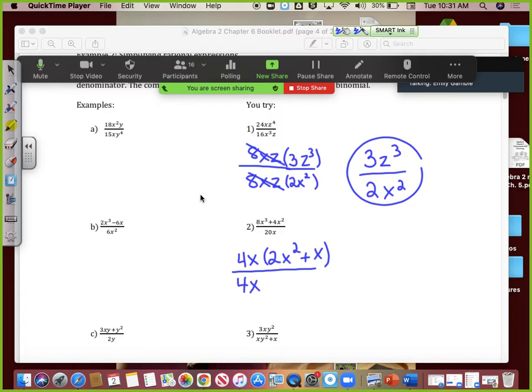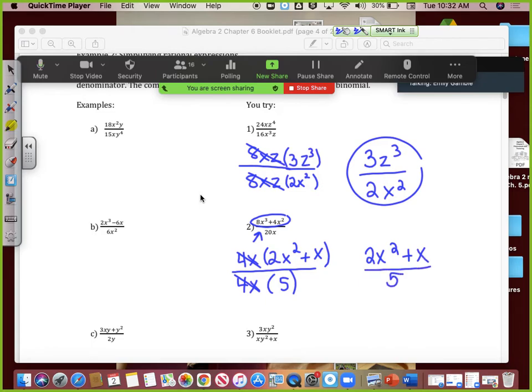Now notice, if we were actually factoring this separately and this wasn't a rational function, the real GCF of that would be 4x squared. But because now we're looking at the denominator as well, and you want things to cancel out here, you're not going to always factor it completely. Sometimes you have to factor it only as much as you can so that the bottom cancels out as well. If I take 4x from the 20x in the bottom, I'm left here with 5. And I can cancel out this 4x with this 4x, and I'm left with 2x squared plus x all over